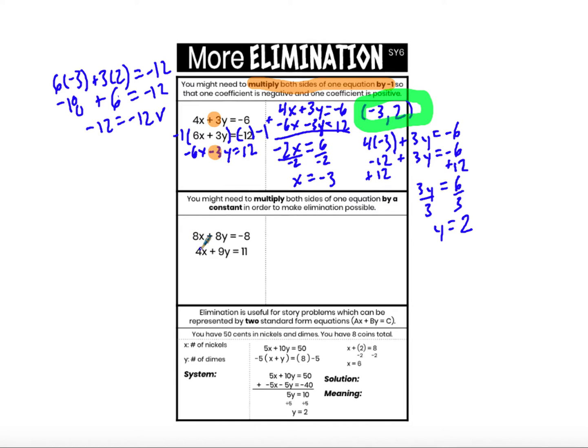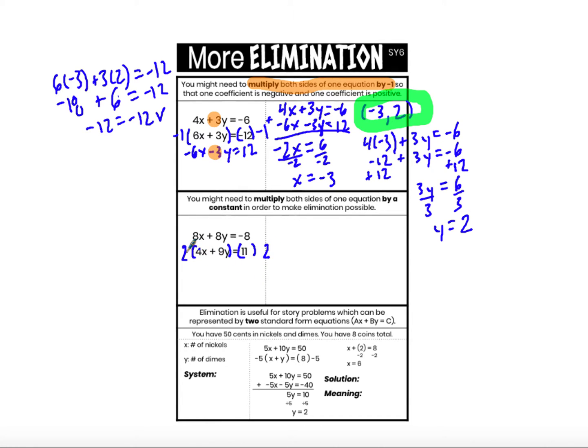Instead, I'm going to say, hey, look at this. I have a 4. 4 is a factor of 8. I can multiply 4 by what number in order to set this system up for elimination? Think about it while I'm writing parentheses. What can I multiply this equation by? The answer is